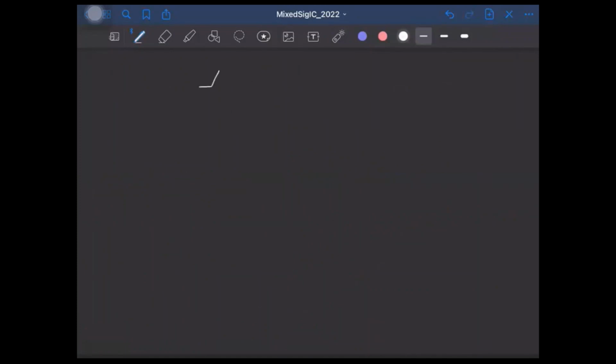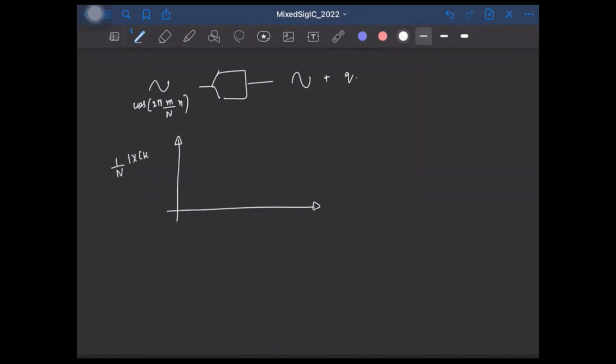So finally, to our ADC, if we feed a sinusoid of the form cos 2π(m/n)n, at the output we'll have the same sinusoid plus the quantization noise, right? Plus obviously some circuit noise will be there, which let's not consider for now. Okay, so if we compute the power spectral density, again, let's take the one-sided power spectral density. And how do we compute? 1/n times |X[k]|², and we'll take multiple averages of this using the Welch estimate,